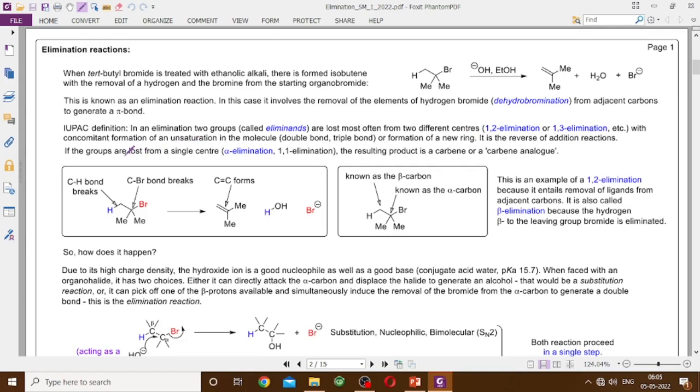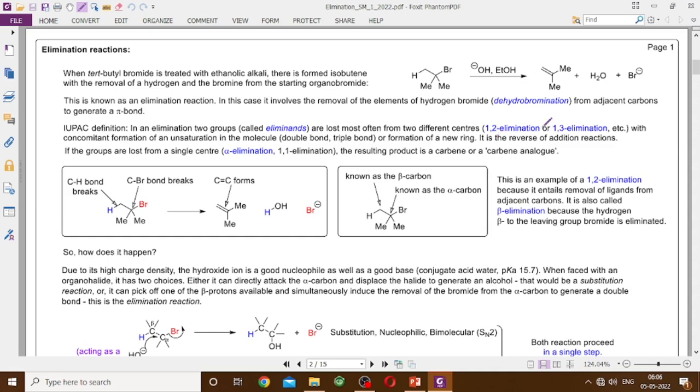If the groups are lost from a single center, অর্থাৎ দুটো লিগ্যান্ড বা এলিমিন্যান্ট তারা যদি একই সেন্টার থেকে লস্ট হয়, তাহলে তাদেরকে আমরা বলি 1-1 elimination বা alpha elimination, and the resulting product is a carbene or a carbene analog. However, 1-1 elimination is relatively rare. We will be concentrating mostly on